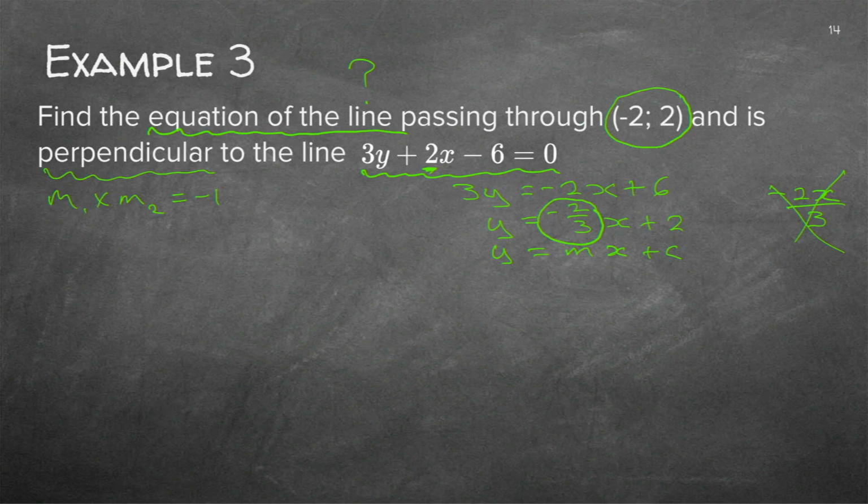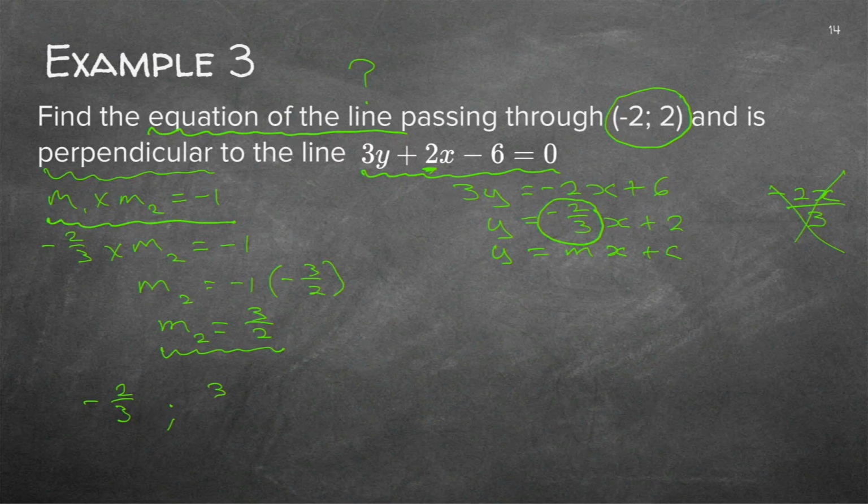Now again, there's two ways of doing it. I know this formula, so I can say, oh, I've got the one. I've got minus 2/3. I do not have the other m, but I know it should be minus 1. How does one get rid of a fraction? You multiply with the inverse of that fraction and with the minus. So if I do that, minus 1 times minus 3 over 2, it gives me plus 3 over 2. So there's my new m, and there was my old m. So let's just quickly see. The one m was minus 2/3. The other m is now 3 over 2.